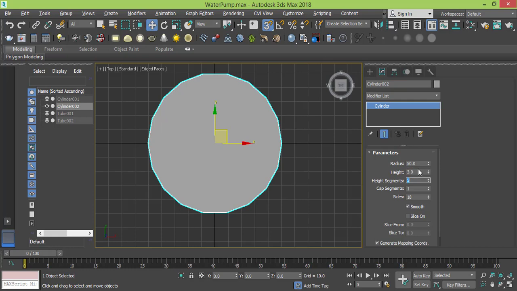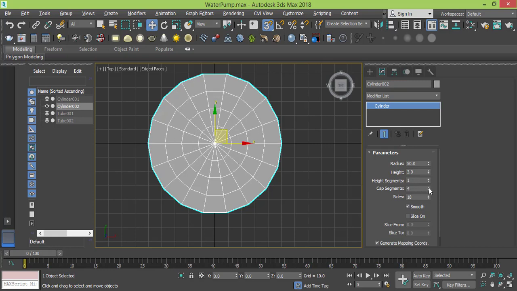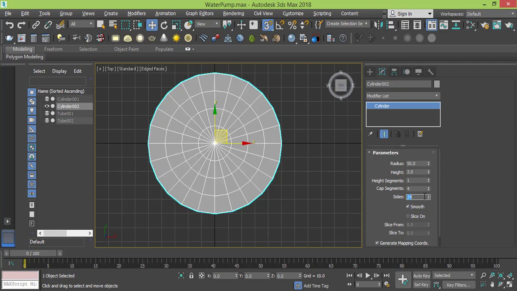Height segments, keep it to 1, and when you right click on these arrows, you get the minimum value. You don't get 0 every single time. You get the minimum value, and here the minimum value for height segments is 1. Cap segments, keep it to something like 4, that is fine. And sides, anything divisible by 4, I will make it 24 segments. Okay,